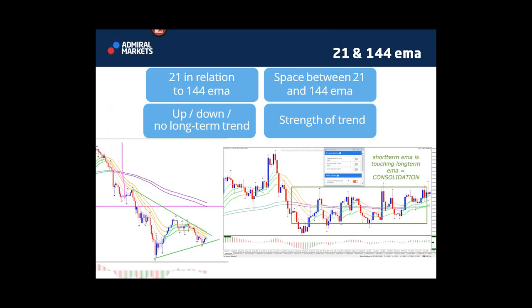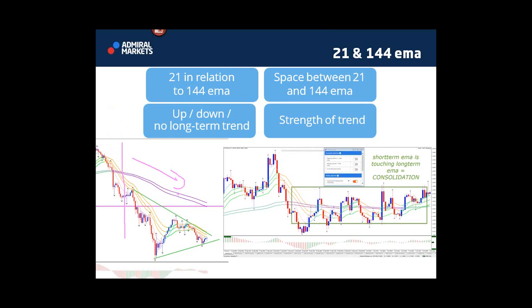And you can see that once this is happening, when they're aligned, when price is below the 21, when the 21 is below the 144, basically we have price being aligned, and that's even a stronger trend than only having the 21. So by putting on the 144, we can see when things really line up, even more than just having the 21. That's why I like to have those two on the chart.